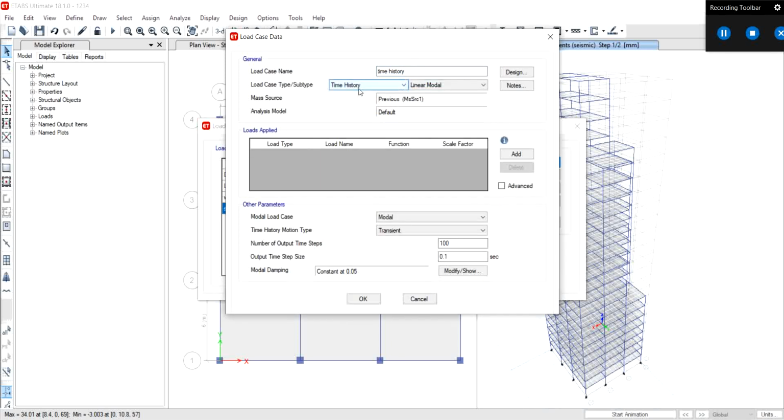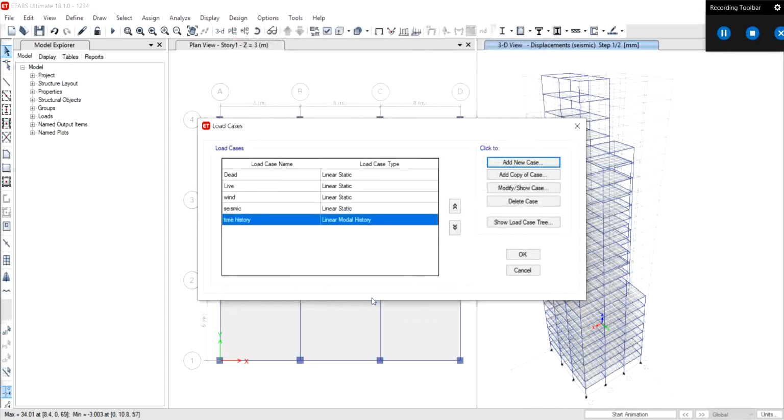Make it time history from type, and click on add acceleration time history, same scale function, and click on OK.